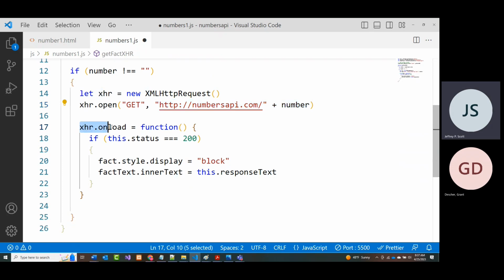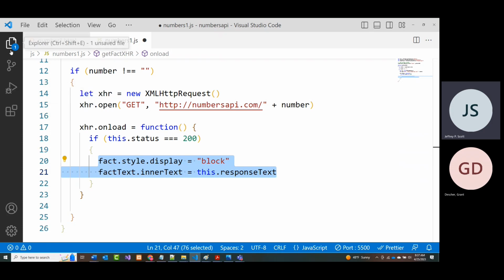Then we want it to try to load in the associated information. If it worked, in other words, if there's something to display, it's going to return an HTTP status code of 200. And if it is 200, all this stuff in here, and remember earlier, we had come in here